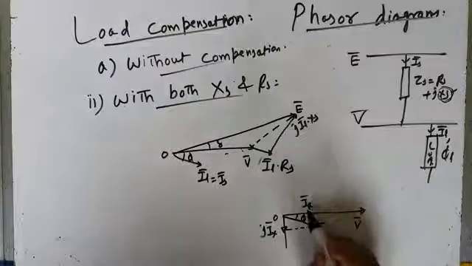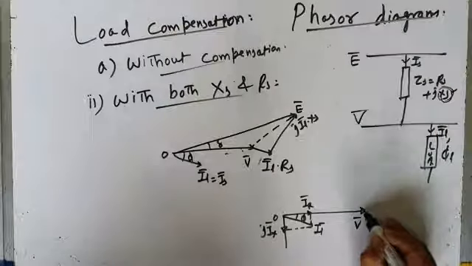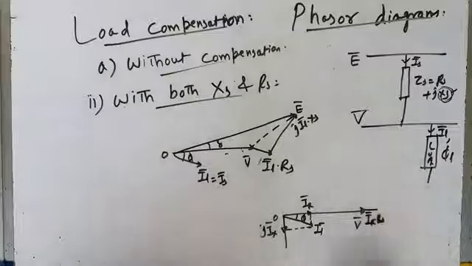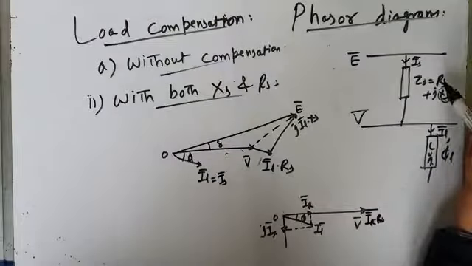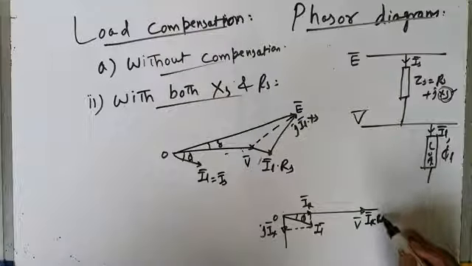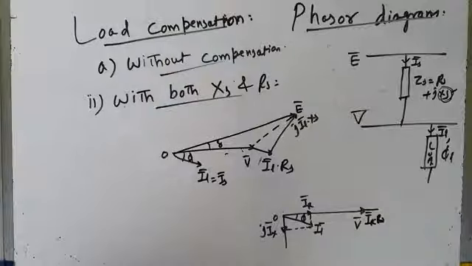Now, because of resistive or in phase component of load current IR, when it flows through RS, it causes a small resistive voltage drop, IR into RS. The resistive voltage drop is small, because I have told you previously also, feeder resistance is very small as compared to its reactance. So since feeder resistance is very small, this resistive voltage drop will also be very small.